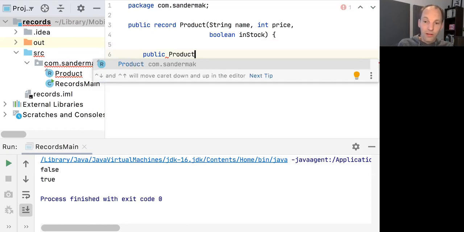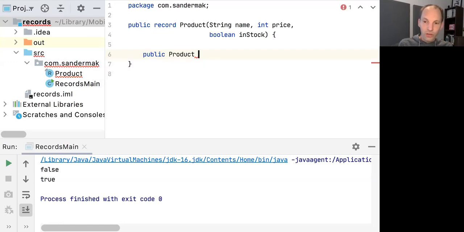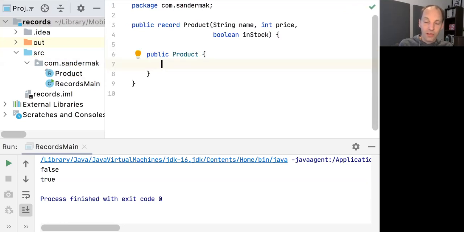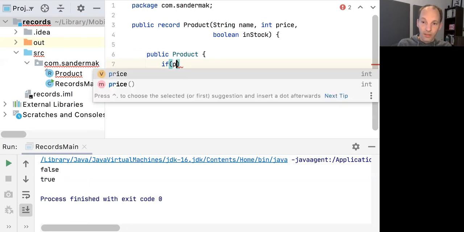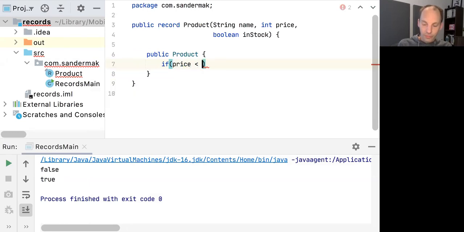So here I can create a product constructor, and then we have two choices. I can either, again, list the components as constructor arguments, which would have to match one for one with what I defined above. But because that's a bit redundant, there's also a new way of doing this, where you leave off the formal parameter list and just provide the body of this constructor. This is a so-called compact constructor for a record. And there we can say if, for example, the price is below 0, and as you can see, we get access to this parameter anyway, even if we don't define it yet in the formal list of the constructor.